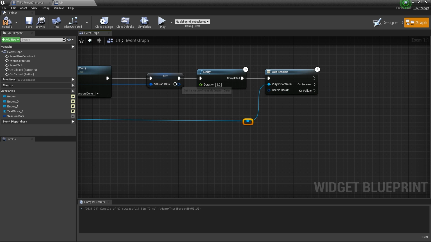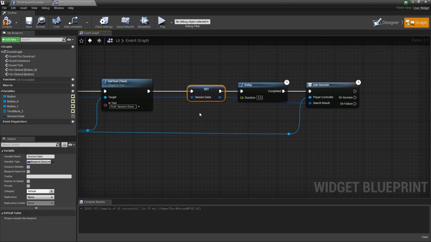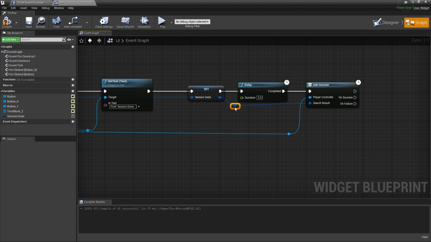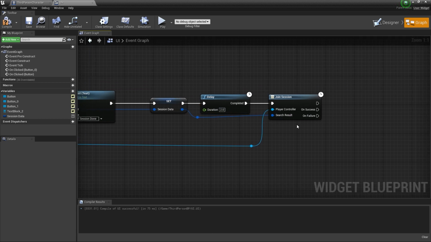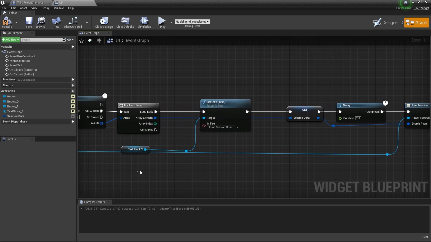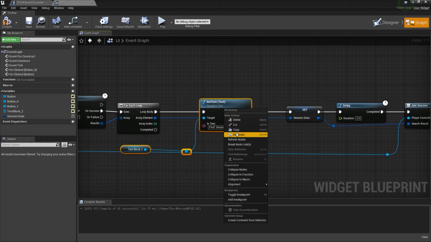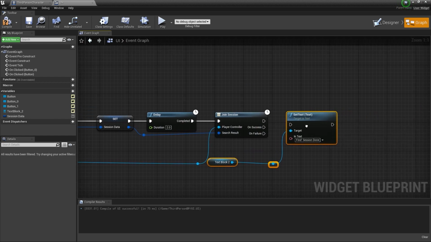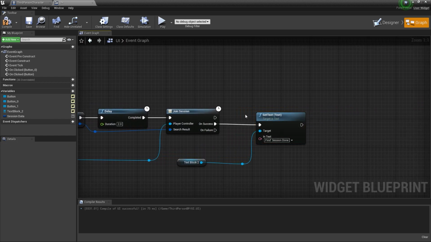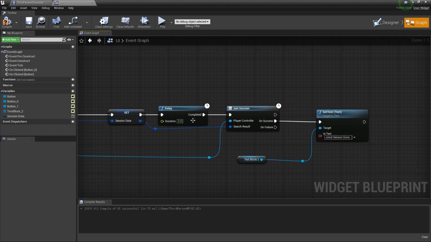So now we need the Search Result. We can get it from the Session Data because we have saved all the data in our variable, which now contains how many players are in a server and other details. We'll try to update that later, or try to implement it in our game later. But for now, the important thing we are learning is creating, joining and leaving a session. Then if it successfully joins that session, we need the text here, Joined Session Done. Okay, that's what we want.